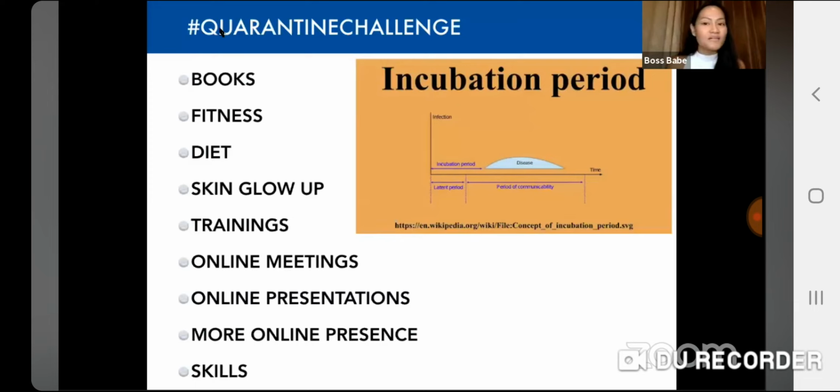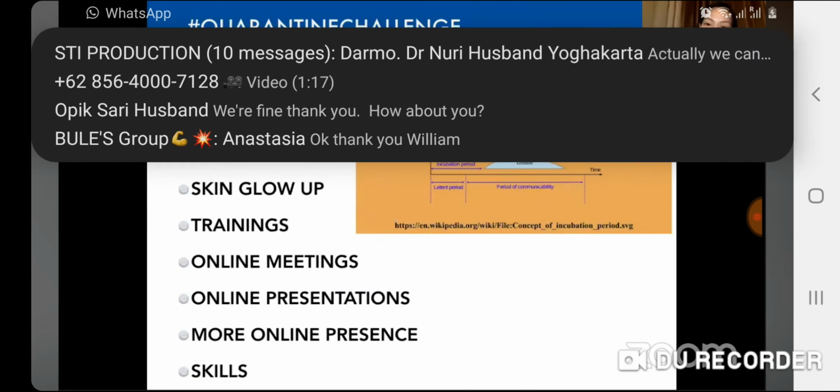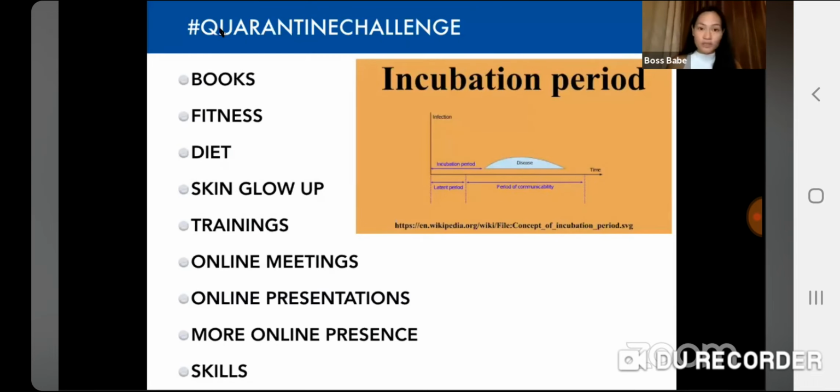Books you haven't read, basahin na po natin, right? It's so easy to spot a distributor who doesn't have a lot in his mind or who doesn't read a lot of books because you don't get to converse with them in so many things. Fitness, of course, that can also be your goal, right? Fitness goal in the next 30 days, okay? So, kung wala ka nang mag-grocery, ganyan, mag-fasting ka muna for 30 days. Diet, of course,